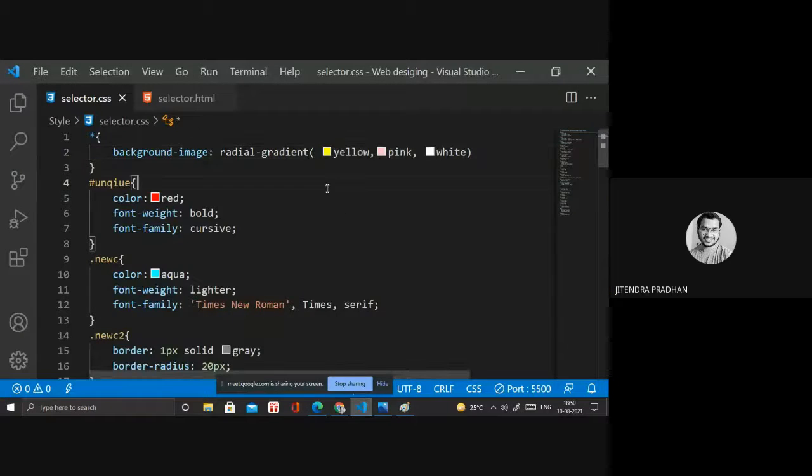If you write any degree, whatever degree you want, then you have to write it first inside that. If I write 60 degree or 90 degree, whatever degree.